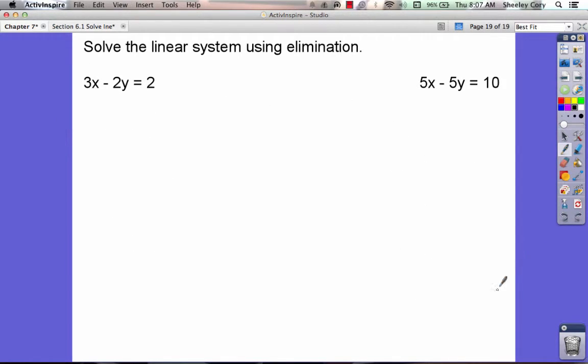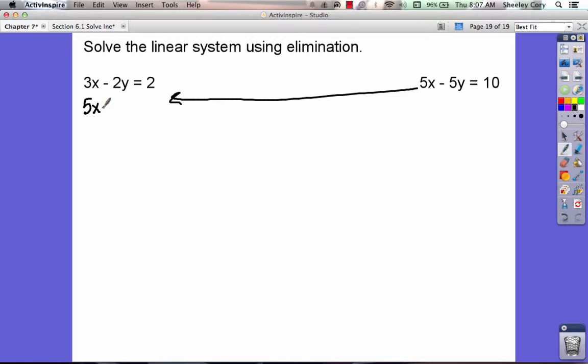And let's look at the last one here. This one's going to be a little bit different. The first two equations we've had, we could just add them together really quickly and cancel them out. This one's not going to be as easy. We have 3x minus 2y equals 2 and 5x minus 5y equals 10. We're going to take this equation and move it over right here. So it's 5x